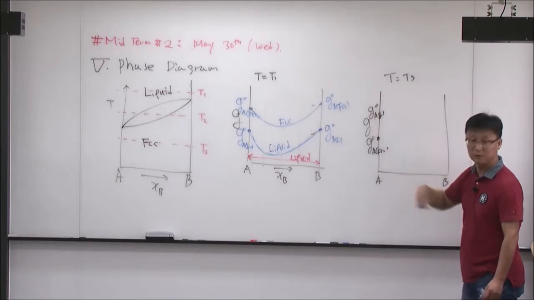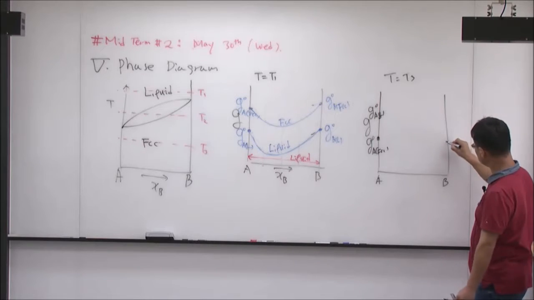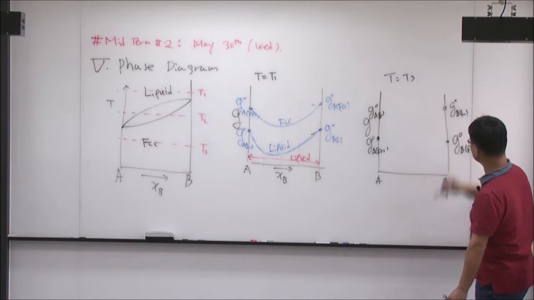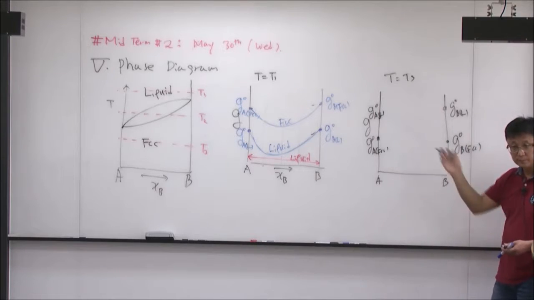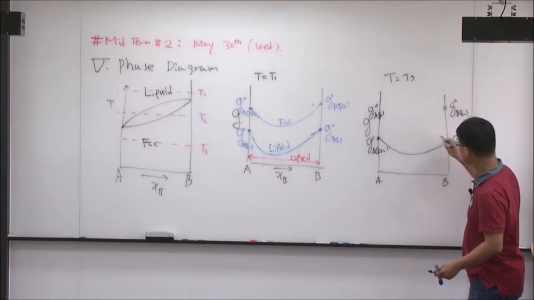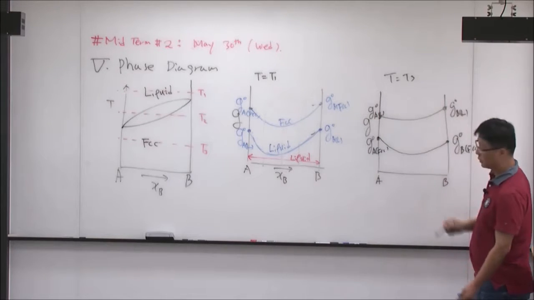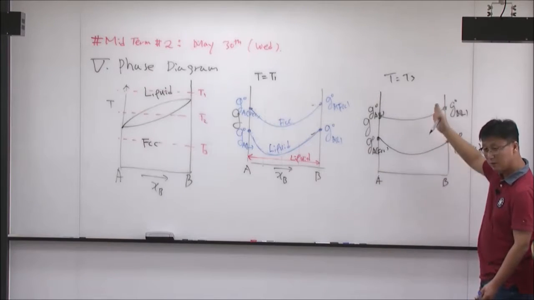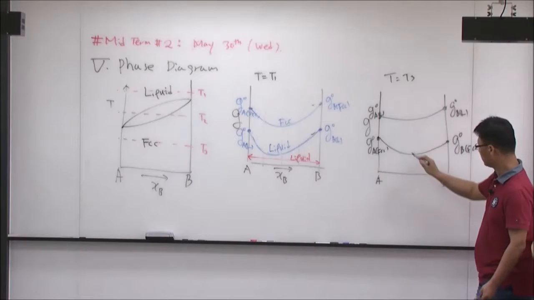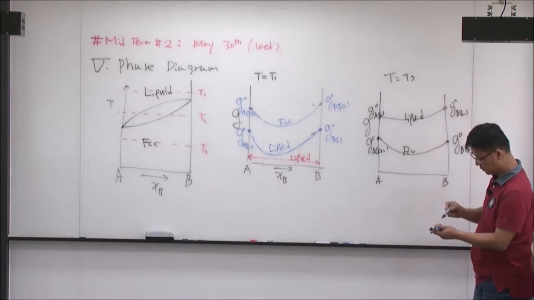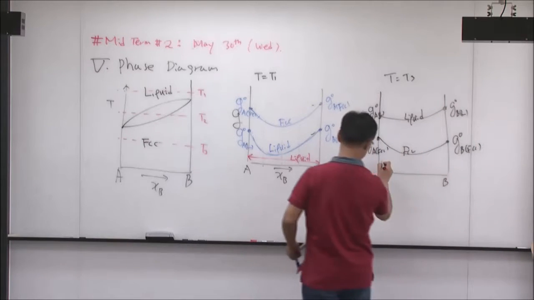At least FCC should be lower than the Gibbs energy of liquid. And why I put the naught, it means it's pure, yeah? And then here, same thing, the Gibbs energy of B, FCC, and the Gibbs energy of B, liquid. Are you good? Now, the shape, whatever. Okay? If you look at this one, in the entire composition, solid is always more stable than liquid. FCC and the liquid. So the entire range here, I have